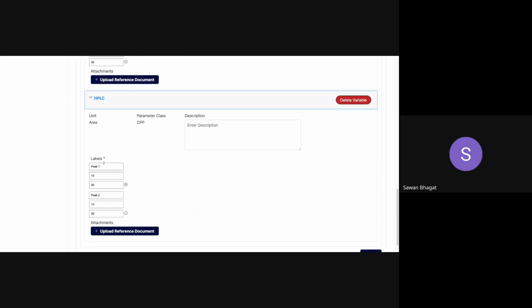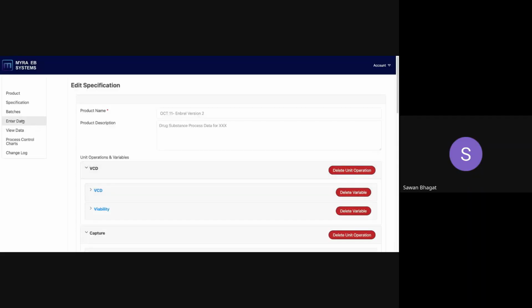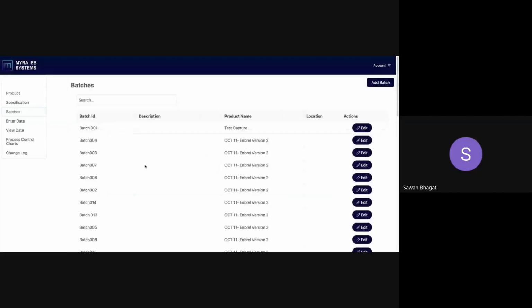Similarly, here we see there are peak 1 and peak 2, two labels under the same variable and no time point because it is a discrete variable. Okay, once the specification is added, the user needs to create a batch because a particular product, as you can see